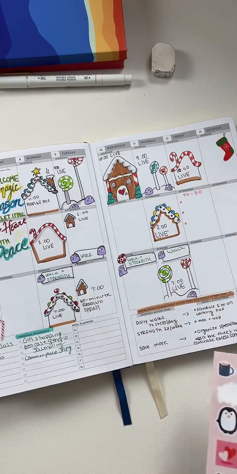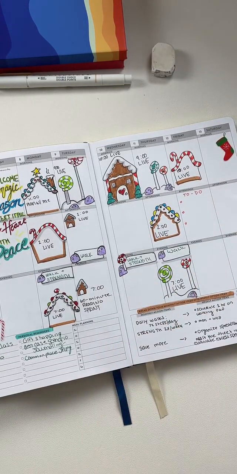So I want to make sure if there's any last minute questions, I will be back on in just a little bit with you guys. But if there's anything you want me to go over now, just let me know. Oh, I have to add a gingerbread man. Thanks, Angela. And I always want you guys to keep sending me your Define Weekly Planner spreads. I have that video going out later.